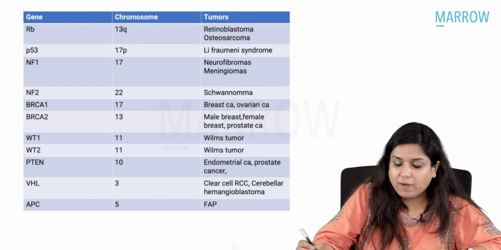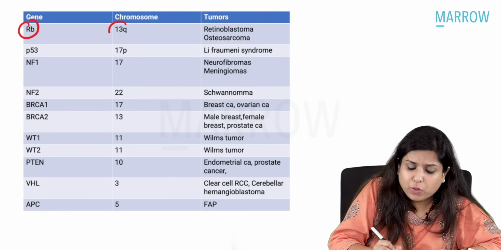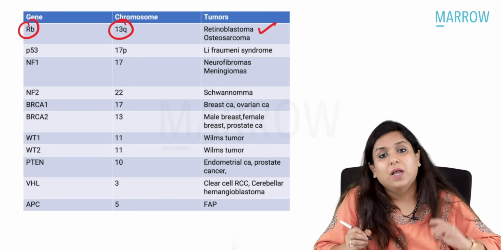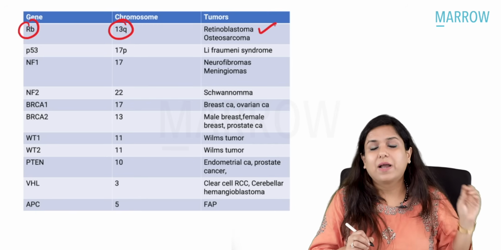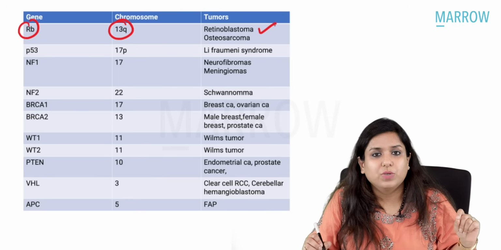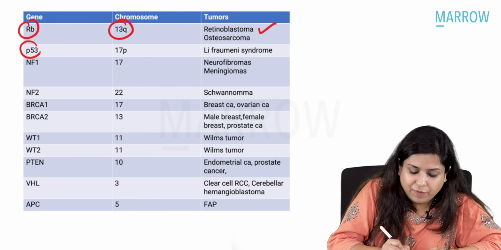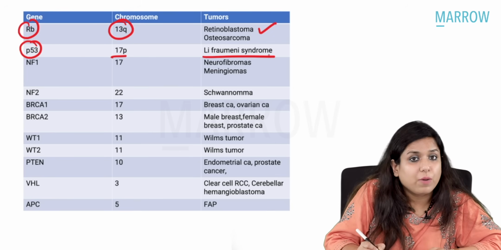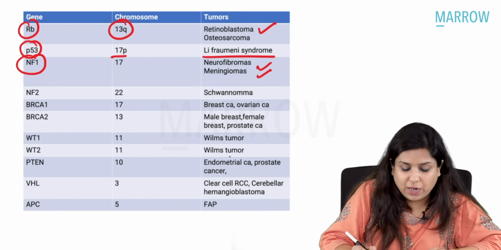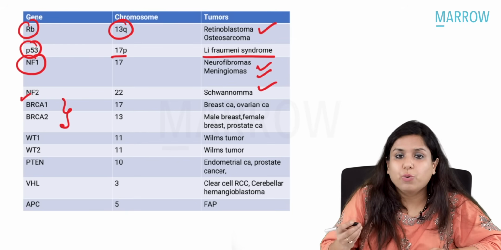Then students, we have the tumor suppressor genes. RB, chromosome 13q associated with retinoblastoma and osteosarcoma. INI CET paper 6 years back, direct question was, patient had RB gene mutation, one lesion was retinoblastoma, what is the other? Answer was osteosarcoma. P53 chromosome 17p Li-Fraumeni syndrome, NF1 neurofibromas, meningiomas and optic nerve gliomas, NF2 schwannomas, BRCA1, BRCA2 you all know associated